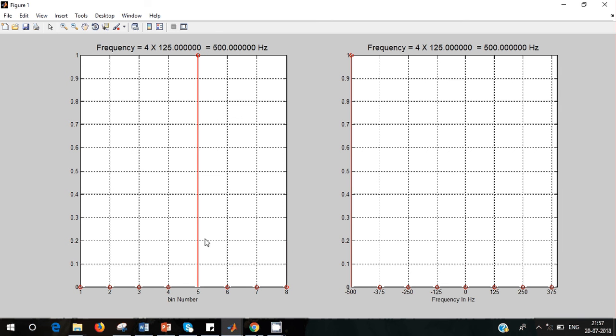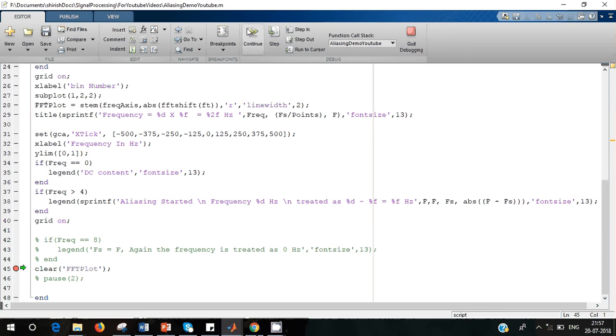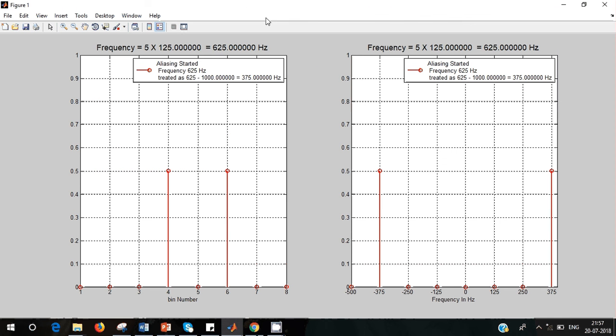Now see after this how the aliasing occurs. Now your signal frequency is 625 hertz, but your sampling is 1000 hertz. So you are sampling below Nyquist rate. Means your signal is 625 hertz, but you are sampling at 1000 hertz, which is not satisfying the Nyquist criteria. The FFT system or DSP system will treat this 625 hertz as some other signal, which is having the peak in this fourth and sixth bin, means